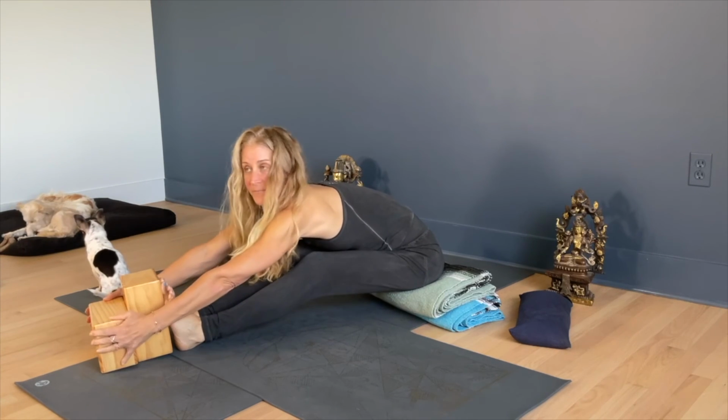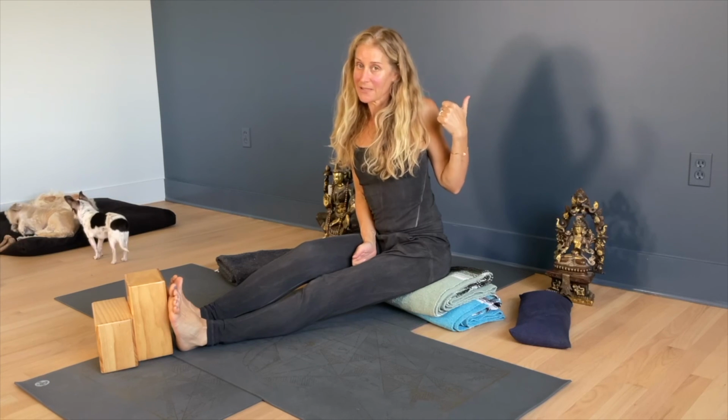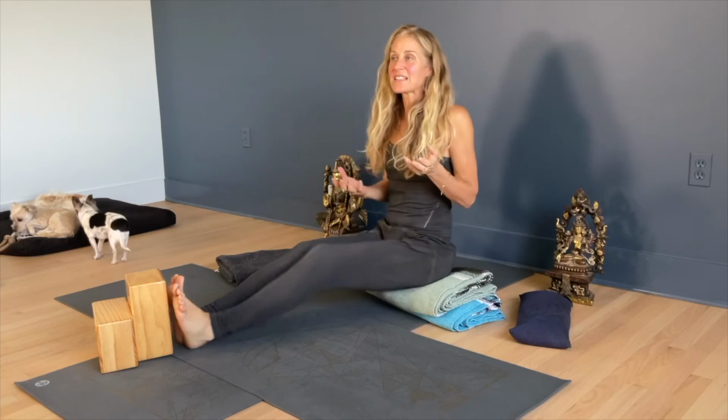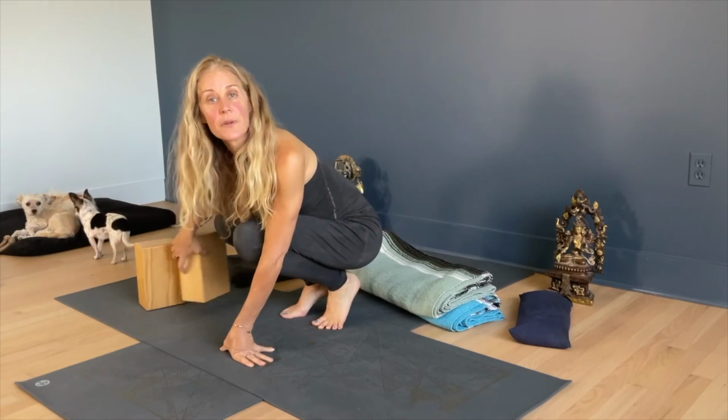hold your forehead. Now, what if you don't have all these props, or you don't have all this time? What if you're at your office and you're working, or you're at school, or you're at the library studying? If you have a wall, I'm pretty sure in any building you can find a wall. We can do this. This is also very nice because it gets you up off your pelvis, off your butt, where we really have the tendency